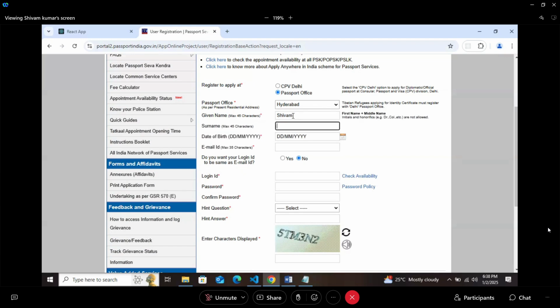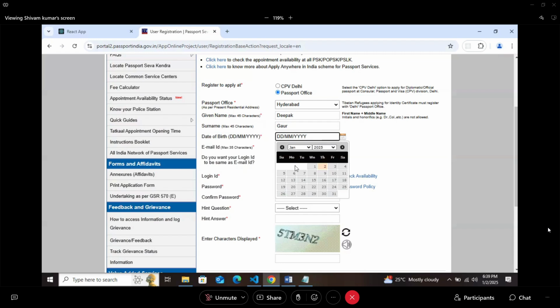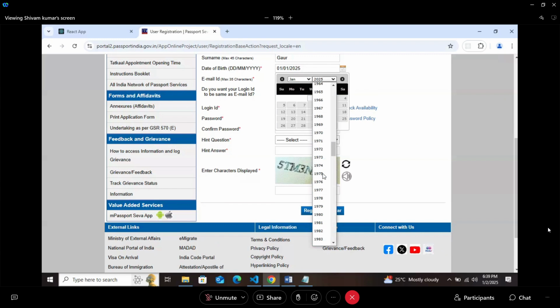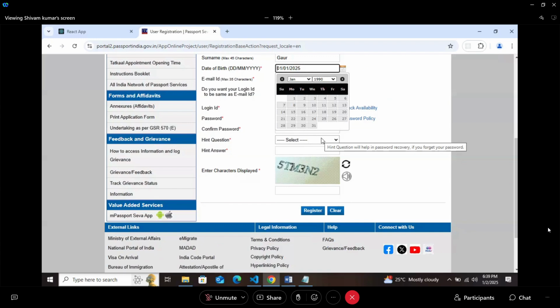Next it is asking date of birth. Let's say I will select some date of birth. Fine. 1990, 1991. 2000.